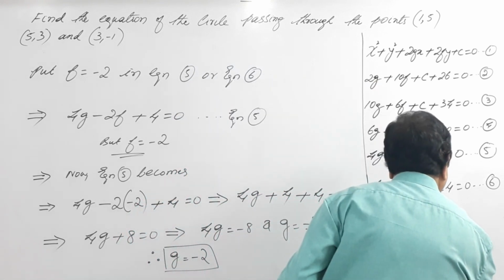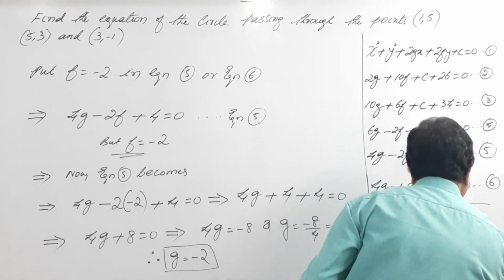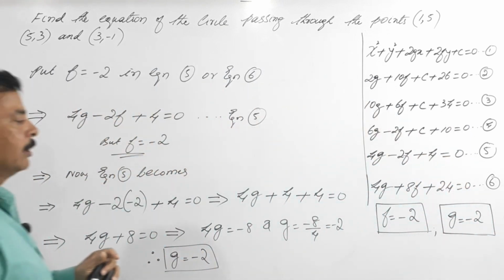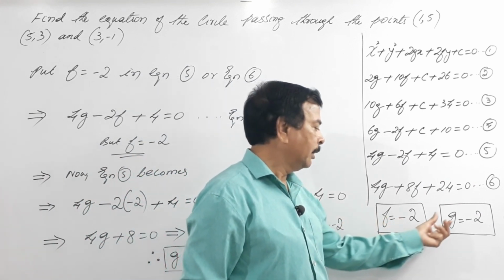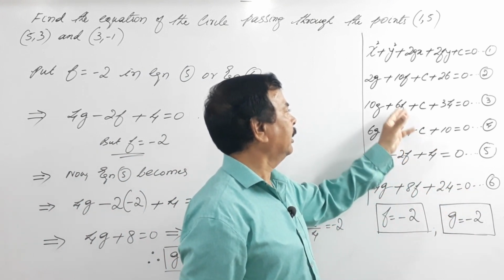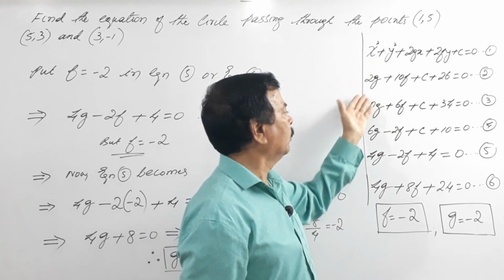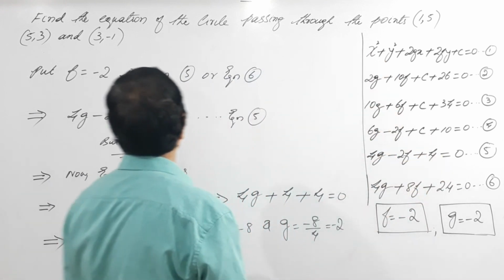So g equals minus 2. So what we'll do is we'll substitute the value of f equals minus 2 and g equals minus 2 in any of these equations. What is equation 3 or 2 or 1? No, sorry, equation 2, 3, 4. Either of these you'll get a value of c. So what I'll do is